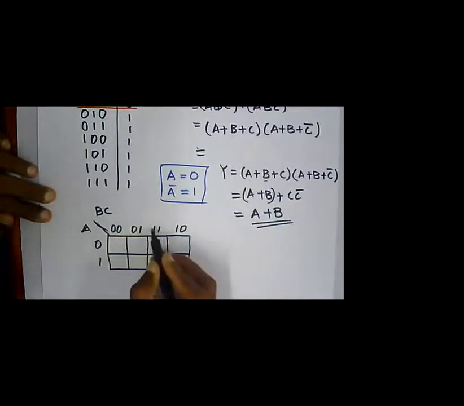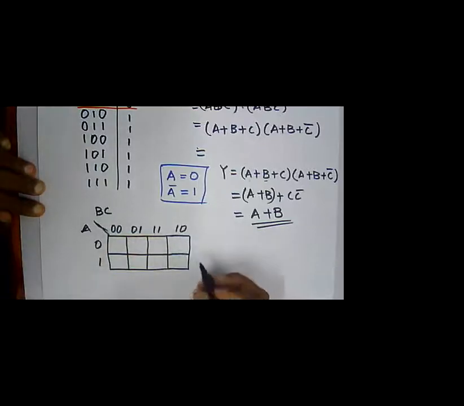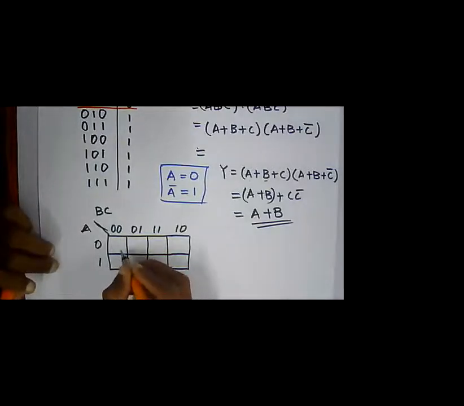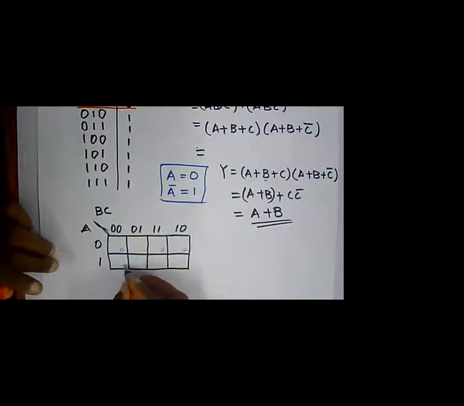If it is 10, then 0 becomes 1 and 1 becomes 0, so the grouping is not possible. To make the grouping possible, we use the order like this. If we write the decimal equivalent numbers, we can write this as 0 1, 2 3,